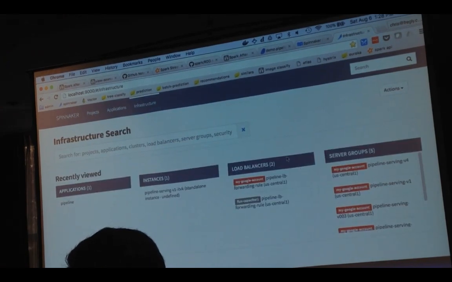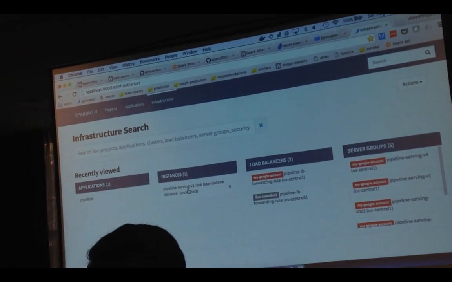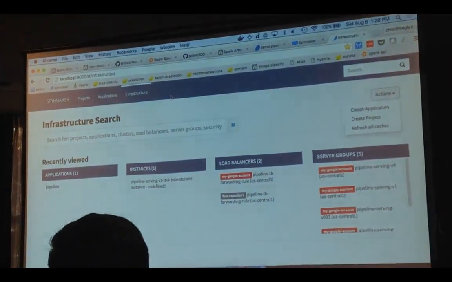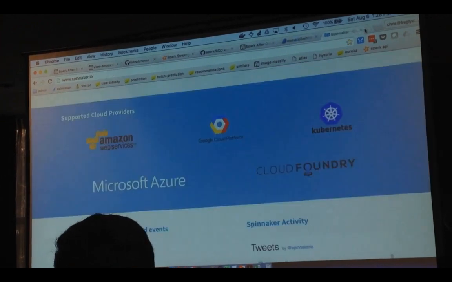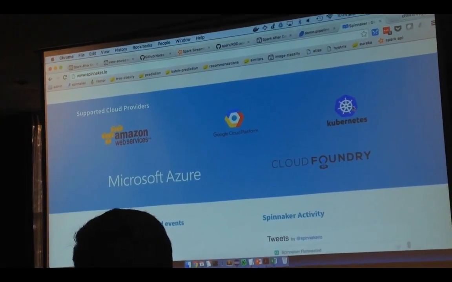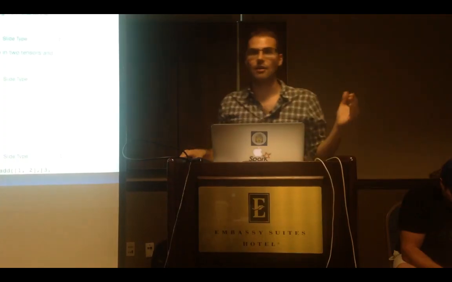Infrastructure. Yeah, here's kind of a global view. But the real meat here is these pipelines, which of course are not working right now. So yeah, a lot of people, there's actually first-class Kubernetes support for